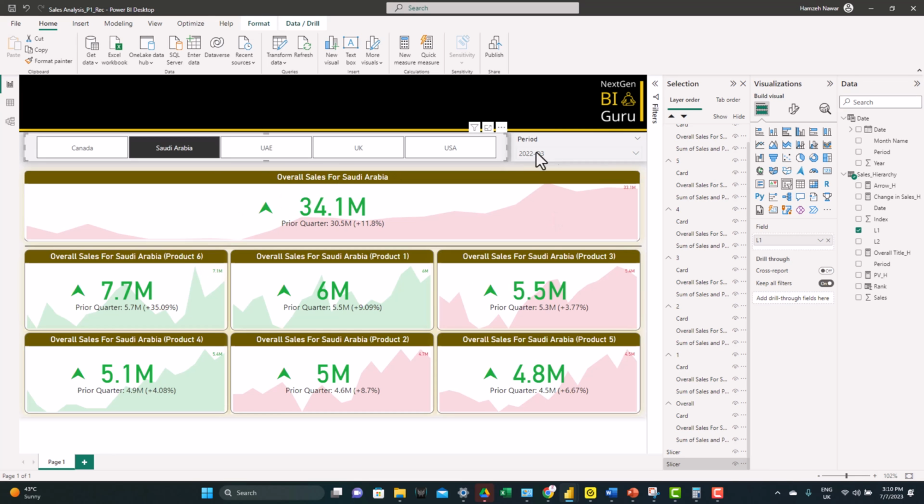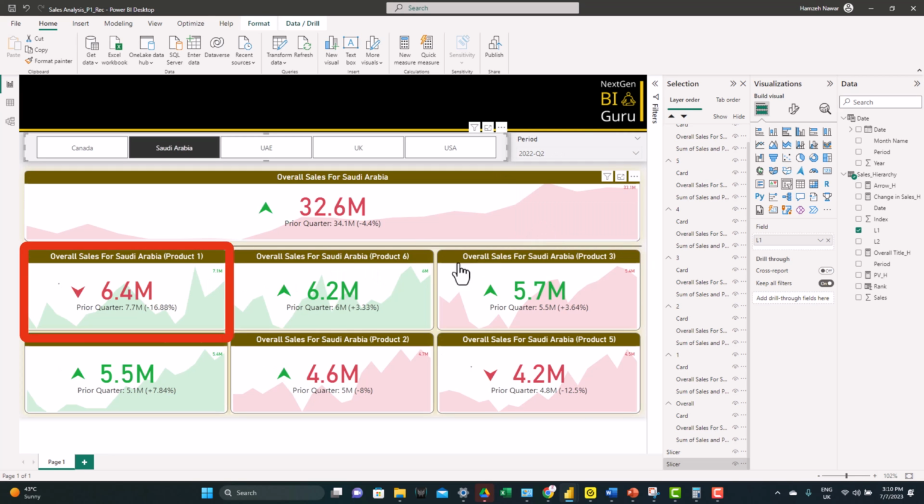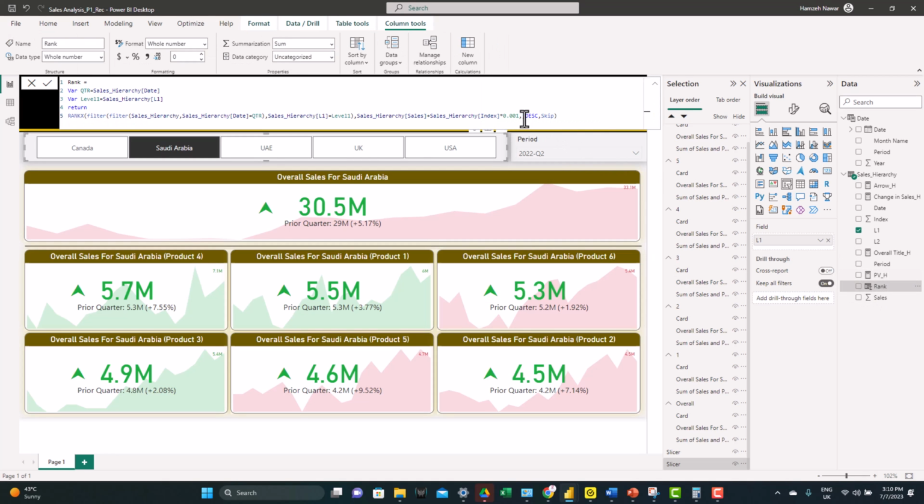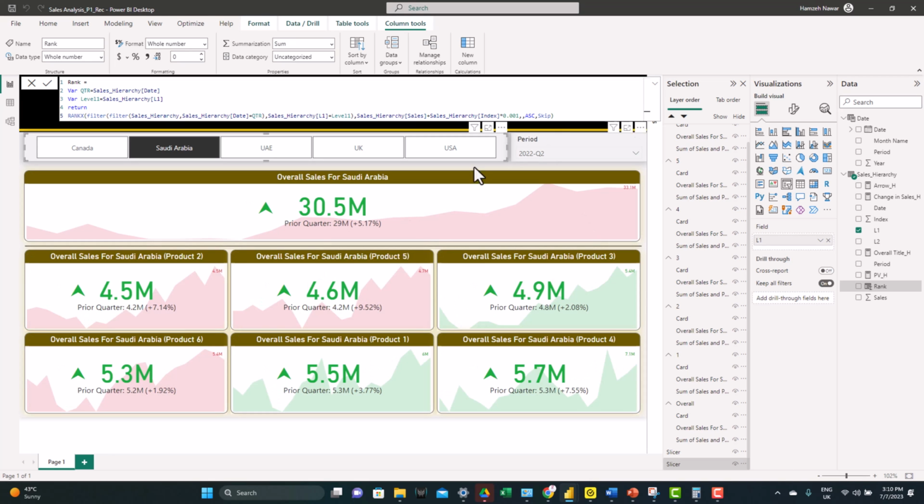Now if you remember, when we created the rank function, we used descending order, and we always see the biggest value as the first KPI and the lowest as the last KPI. We can try also to reverse the order, use ascending order instead of descending order, and see how it looks. As you can see, the order has been reversed. We have the lowest showing first and the maximum showing at the end. Let's reverse it back to descending order.